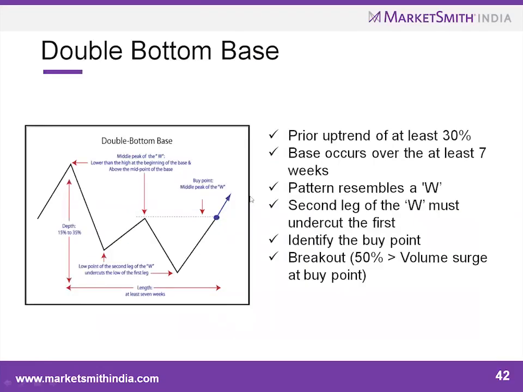So again, the double bottom base pattern has a similar feature. There should be a prior uptrend of 30%. This is the middle peak of the W, and it should be lower than the high at the beginning of the base and above the midpoint of the base. So here also the logic is the same, that once a growth stock basically will be held by